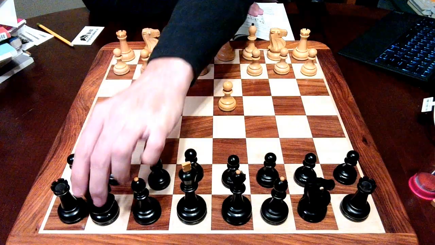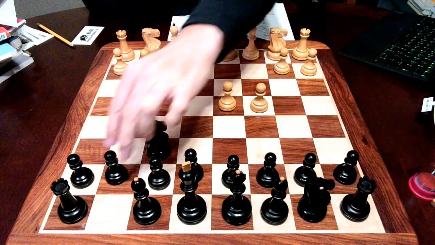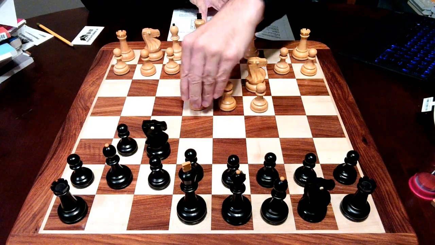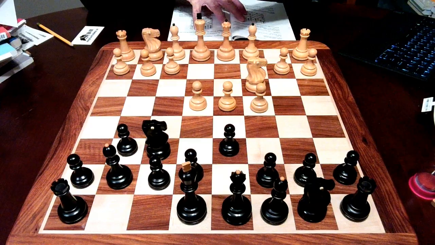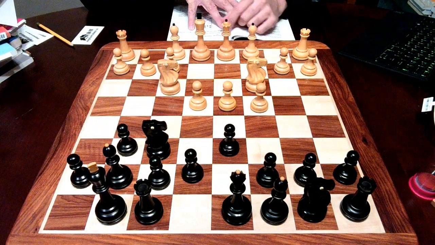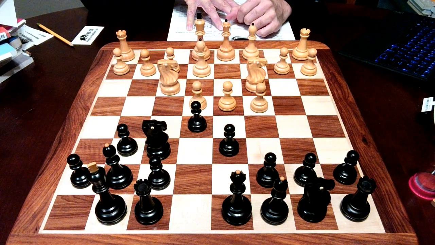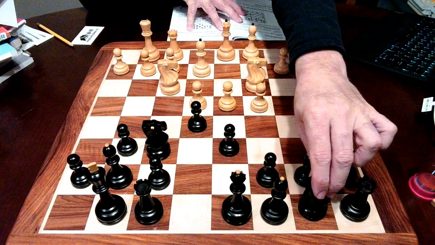d4, knight f6, c4, g6, knight c3, bishop g7, e4, d6. So this is a King's Indian defense, right? Knight f3, castle, bishop e2 and e5, castle, knight c6,